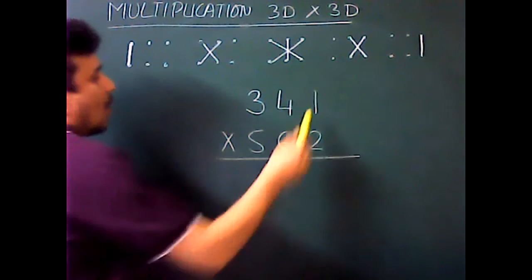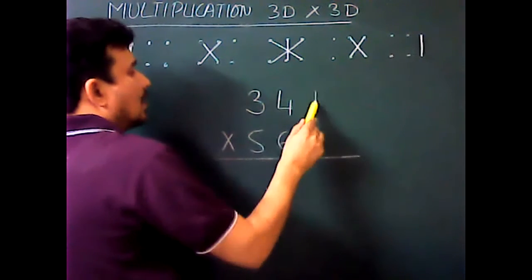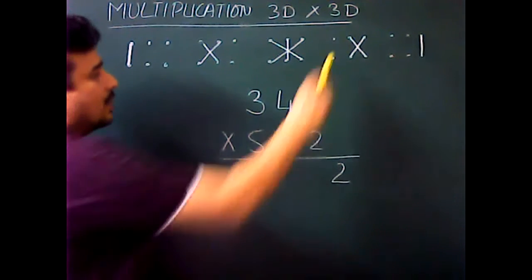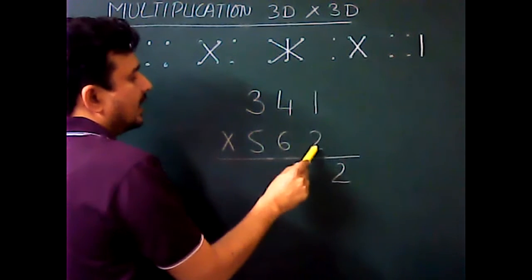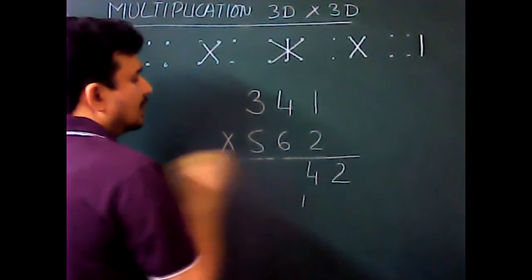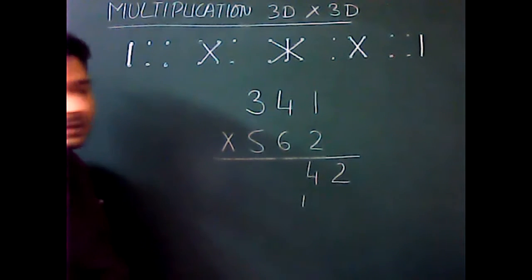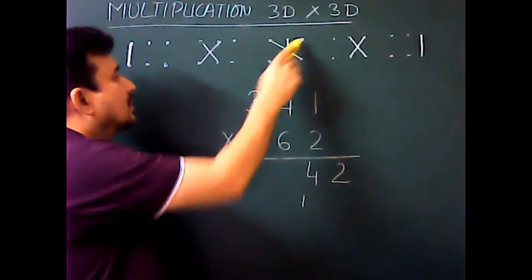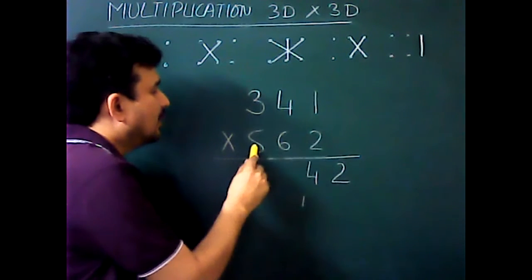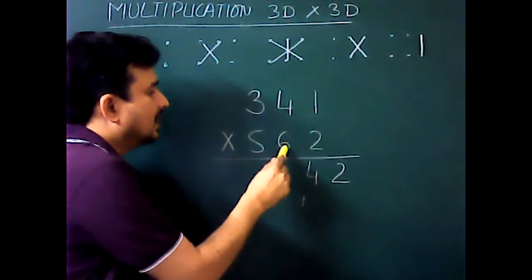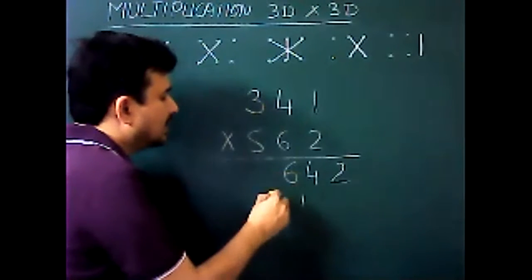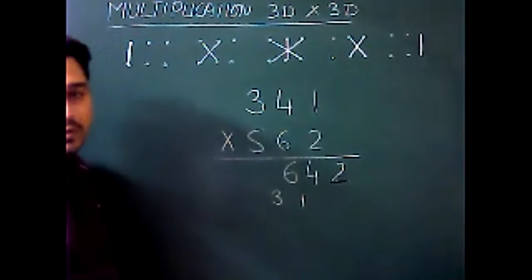Now, first step is 1 times 2, which is 2. The second step, cross multiply and add. 4 2s are 8 plus 6 1s are 6. 8 plus 6 is 14, so I will write 4. 1 will go as carry. The third step, which seems to be the biggest step, is 3 times 2, which is 6, plus 5 is 11. 11 plus 24 is 35. And 1 from carry, this becomes 36. I will write 6 and 3 will go as carry.